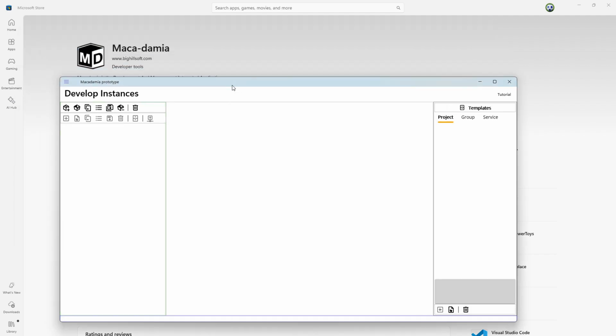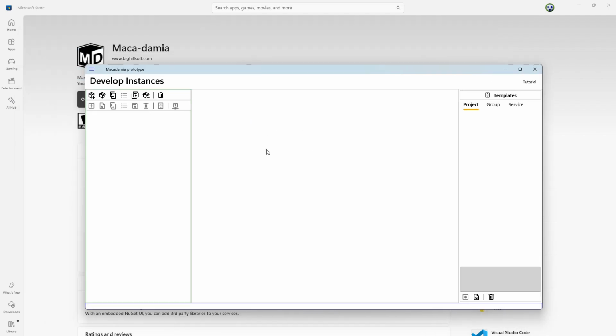Once you install Macadamia, you will see this first look of the full instance page. This has three main sections. The first, on the left, is the Project Explorer or Model Explorer that I'll explain later. In the middle is a model viewer. And on the right side, there's a templates area. And of course, you need a kind of tutorial to play with this application. So on the right top, there's a tutorial button. And if you click this one,